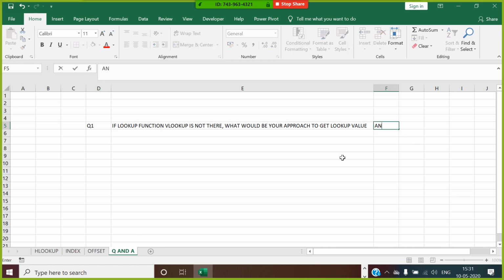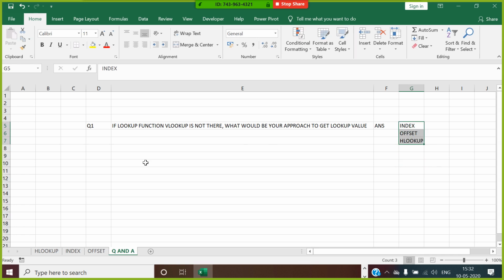What would be your approach, guys? Offset and index. I'll go for using index. I can go for using offset. I can go for using HLOOKUP. Understood? These can all be used, right?